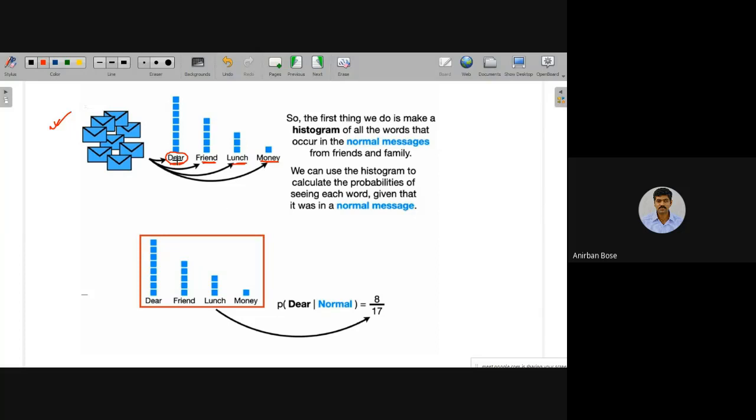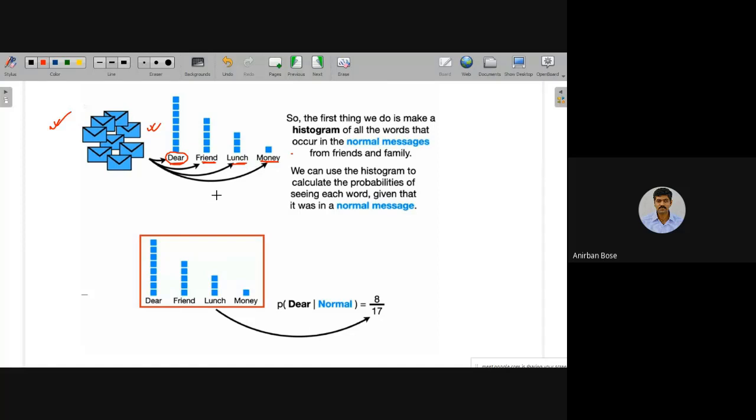In a similar way, you can understand there may be many words within these emails. All of these will be there, and we will just consider the number of times each occurs. So we'll consider the count of each word that is present, and we'll prepare a histogram of that. I hope you have understood what this histogram is. It is basically the count of each of the words. That's all.